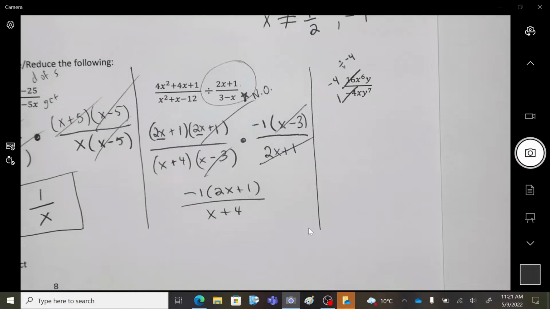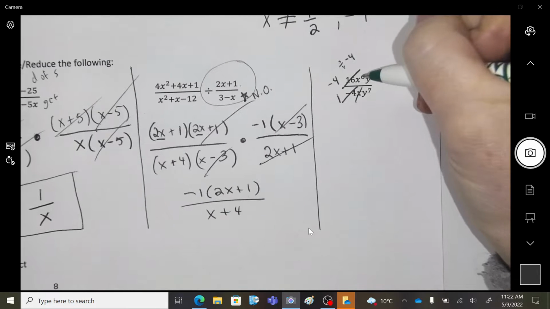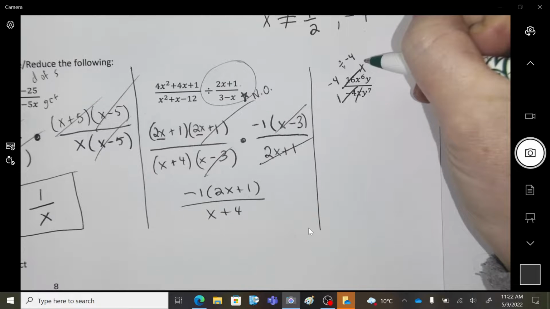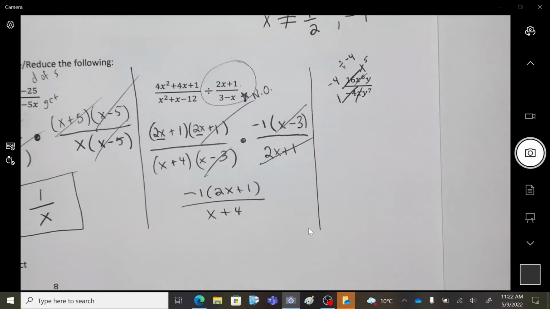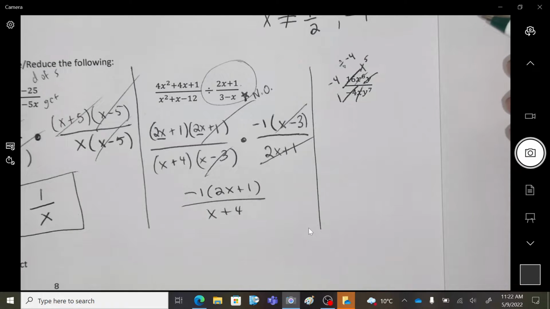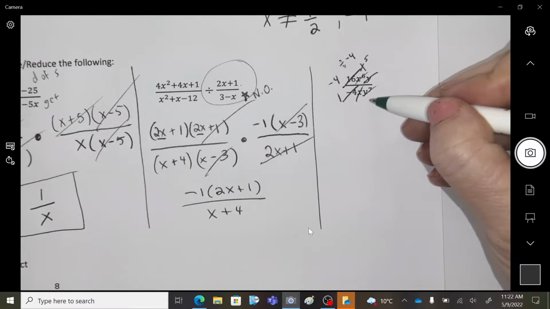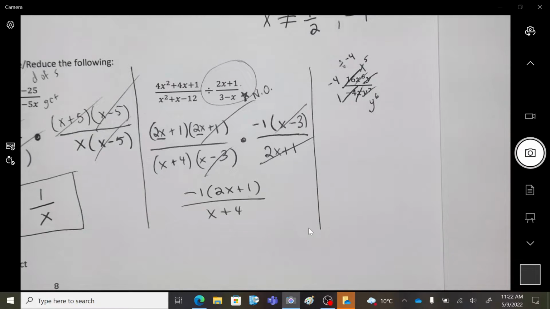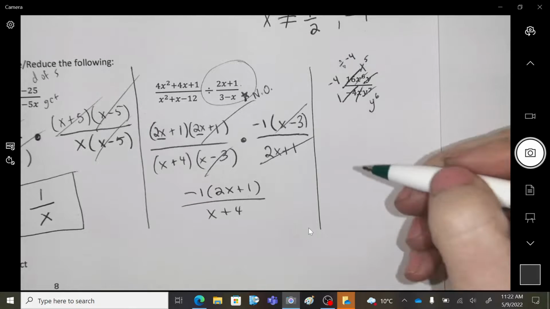Okay, now let's look at the x's. We can divide each by an x. So this x would be gone, and the x6 will turn into an x5. X to the 5th. Now I'm going to take a y out of each. So the y on the top would be gone. And take a y out of the bottom. So y7 turns into a y to the 6th. Okay, so I'm left with